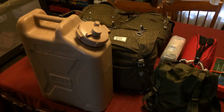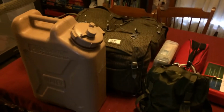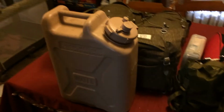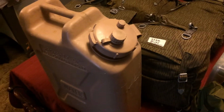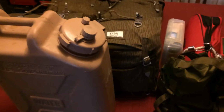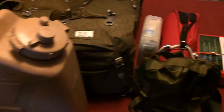This is going to be part 2 of our looking at my auto emergency kit that I've put together. In the introduction video, I didn't go over one important part, and that is this 5-gallon military water jug. Believe it or not, all this stuff fits with my seats folded down. It fits in the footwells, under the seats, and even this water jug fits in such a manner that I can still put a car seat in front of it on that seat. Basically, all of this stows in there, and it doesn't interfere with me using the bulk of the vehicle's cargo